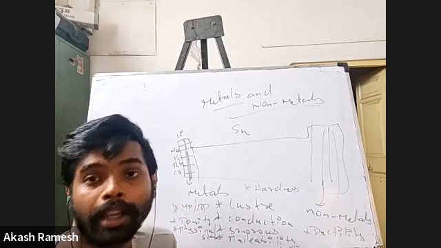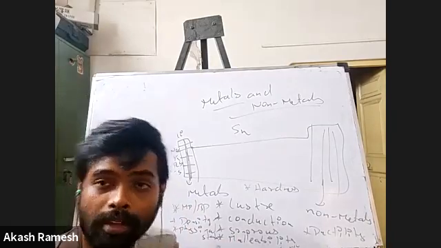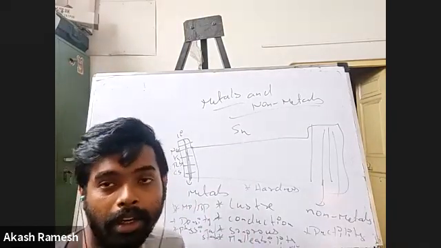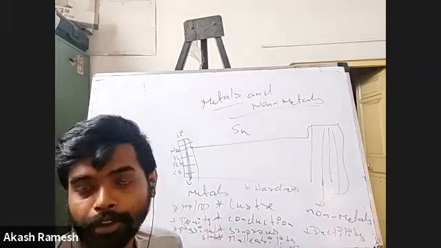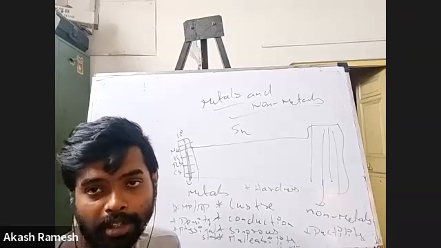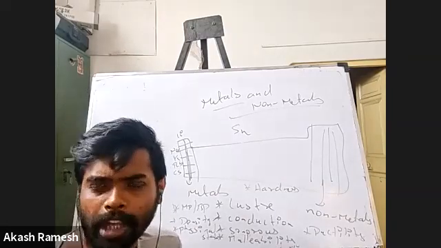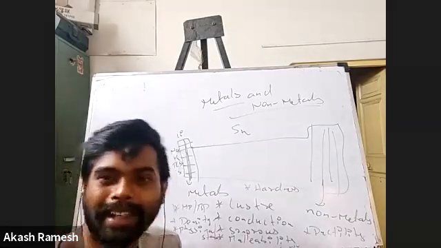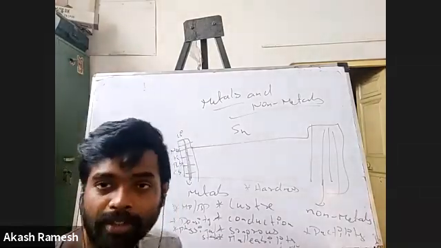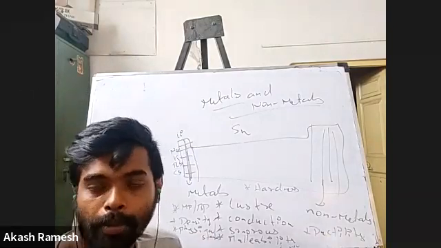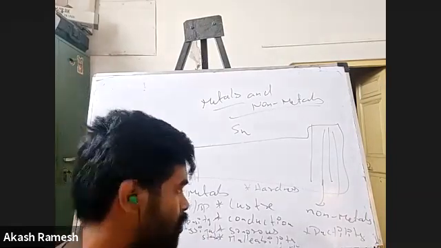Now, if at all you want higher efficiency, but it's a little costly. If you use gold or silver wires for all your wiring purposes, in electricity purposes, they will actually be more efficient. But why are we not using it? We are not using it because of economic or financial constraints. Gold or silver wire will always be very costly compared to copper wires. Even aluminium wires can be used, but aluminium wires are a little less efficient when compared to copper wires, right? So again, there can be exceptions here. Sodium, potassium, lithium, all these group 1 elements again cannot be drawn into wires. Okay, that's an exception.